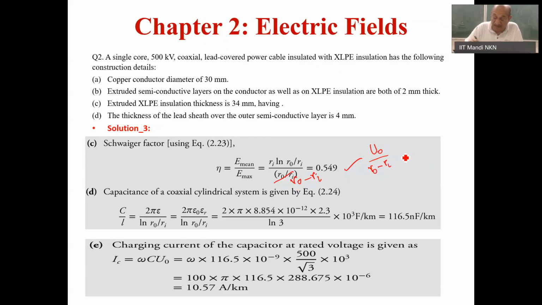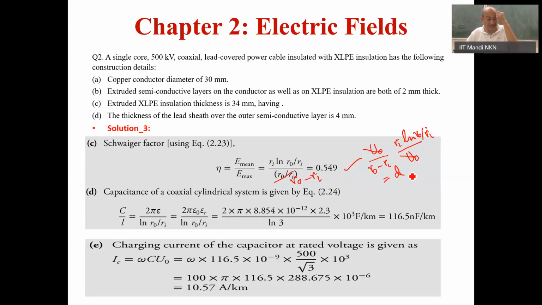And 1 upon E max will work out to be U naught, this is Ri ln Ro by Ri. So this cancels. So this will be Ri ln Ro by Ri divided by Ro minus Ri, which is equal to nothing but D, the thickness of the dielectric. Make this change, and I hope you have calculated taking the right equation. So that gives you the Schweiger factor. Schweiger factor works out to be 0.549, and